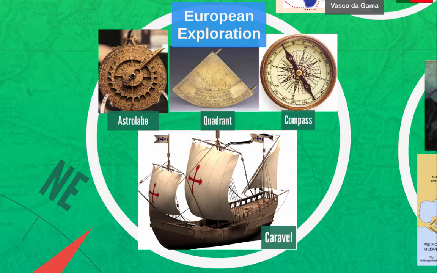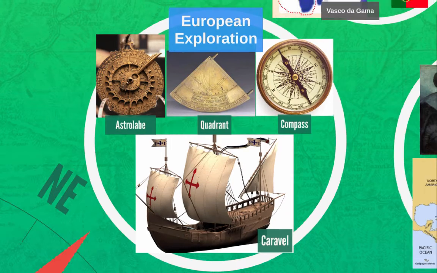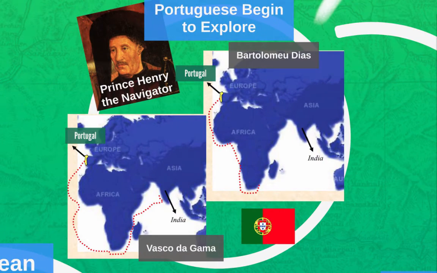So these four things really help with allowing Europeans and allowing the Portuguese to start exploring a little bit and start venturing out into the Atlantic Ocean. And we're introduced to a man by the name of Prince Henry the Navigator. So Prince Henry the Navigator is actually a prince. He was a prince of Portugal. He had a navigation school. He wasn't a natural explorer. He never actually sailed anywhere, but he liked to teach other people how to do that,